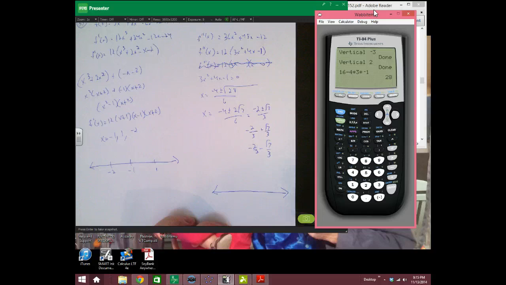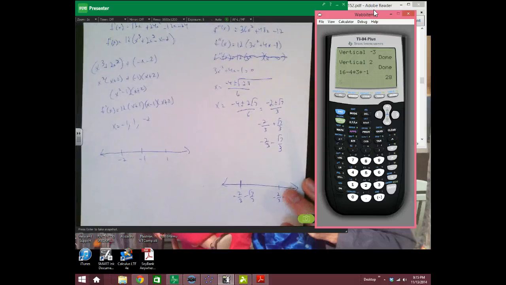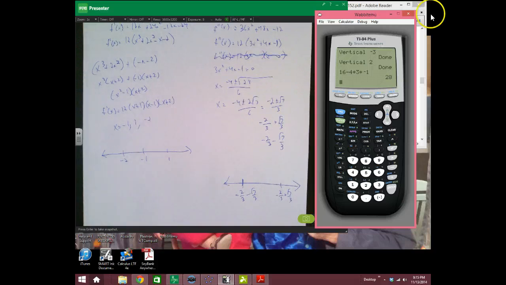So, let's see here. Negative 2 thirds minus root 7 over 3, negative 2 thirds plus root 7 over 3. And we'll look at how that changes the concavity in a moment. So, again, going back to doing this in the calculator, though, to save yourself the headache of doing all this work by hand,